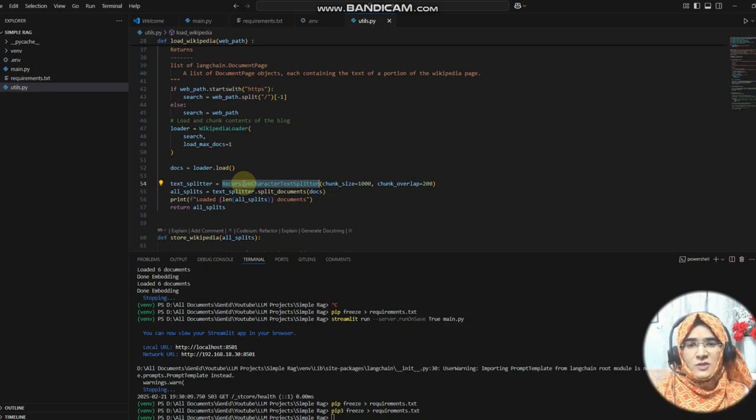For splitting the text, we are using recursive character text split. You can use others also, there are so many in the langchain documentation. You can go there and take a look, but currently we are using recursive character text split. So now we have the content, we split it, the content goes towards the embedding, and that embedding is saved into the vector database.